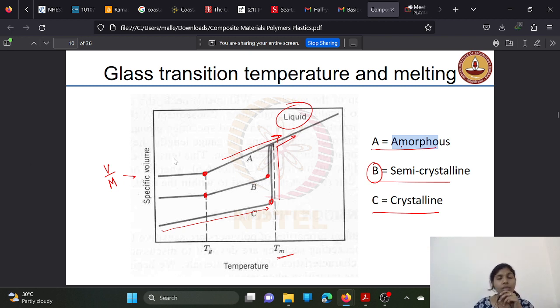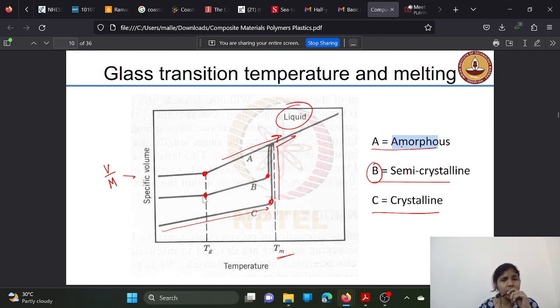So when the material is getting transformed from solid to liquid stage, the volume occupied by the material will be higher. That's why here, with increasing temperature, the specific volume is also getting increased. For all the cases it is getting increased, but in case of amorphous material, there is a transition which is shown here. From glass transition temperature there is a transition, and from melting temperature you can see the material has transformed into a liquid, but in case of semi crystalline